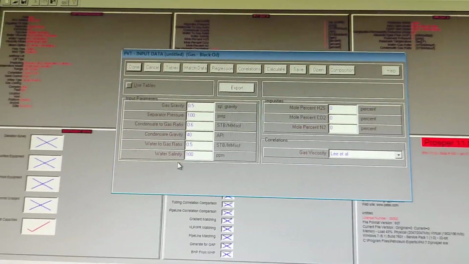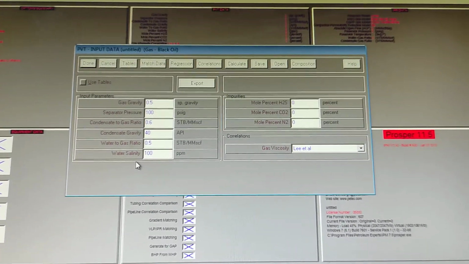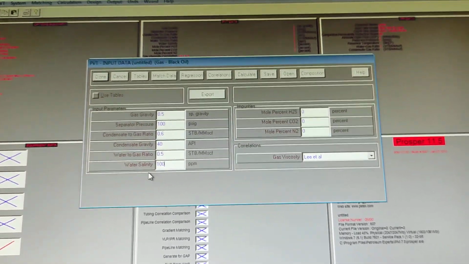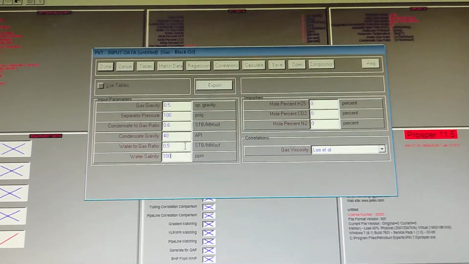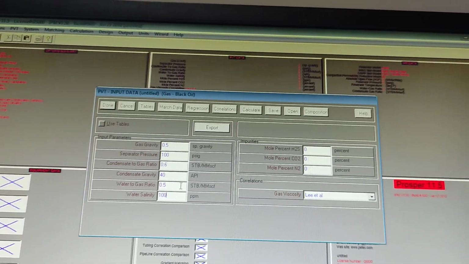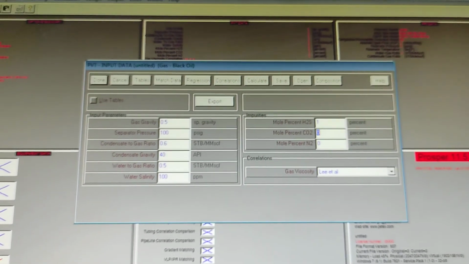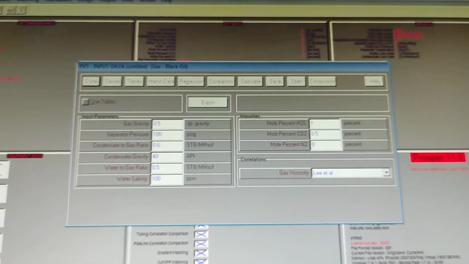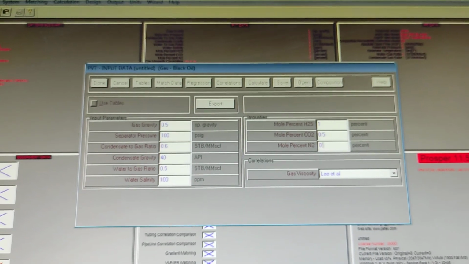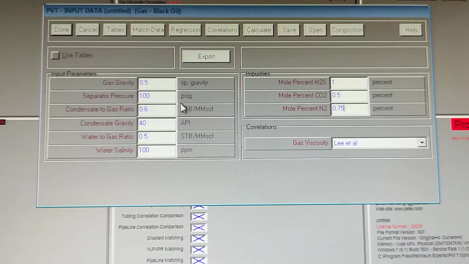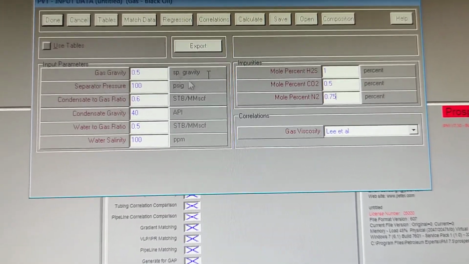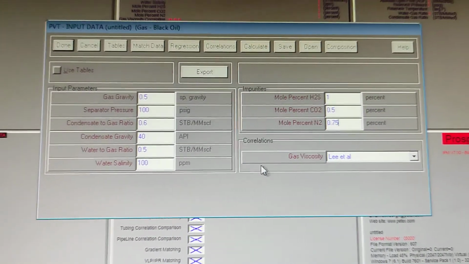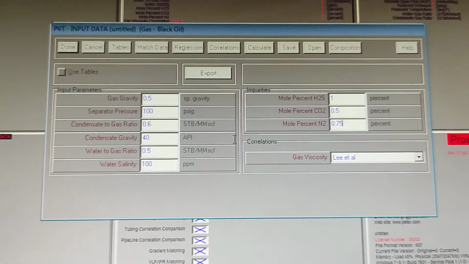Make sure this is not your field data. I am just putting data from a book, for example, to move ahead and to perform a model. So impurities 1%, 0.5%, 0.75%. This data along with the impurities is given in this window as required per standard.